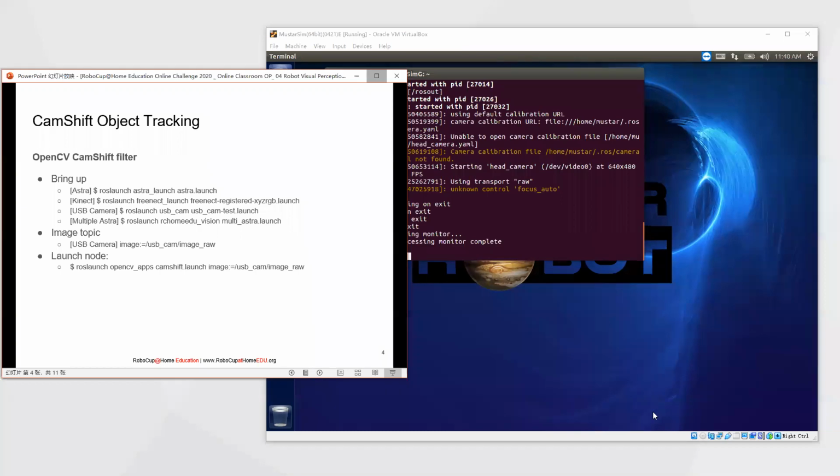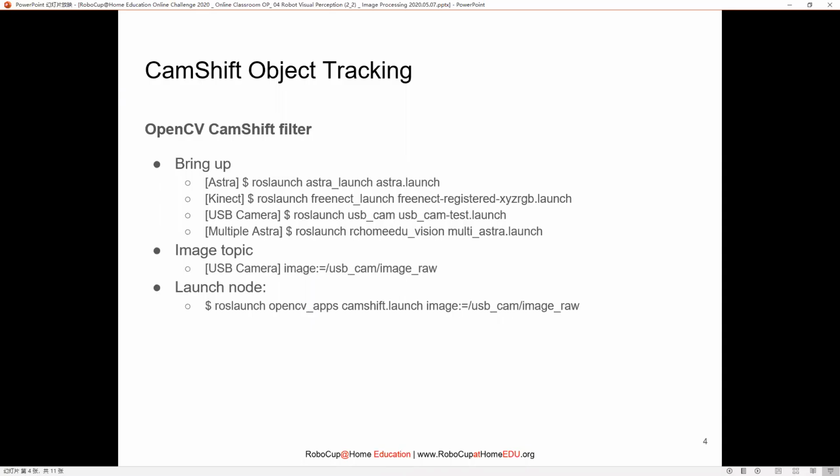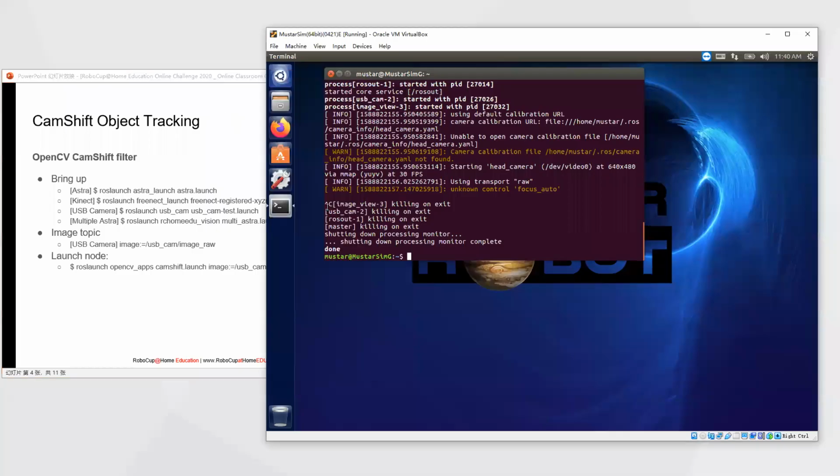I want to show you what we can do with this CamShift example, because this example is taken from OpenCV apps. But as a robot developer, what we can leverage without even changing any of this code, we can actually develop something meaningful for our service robot. So let me show you how to do it. I need collaboration with David now, so we'll do it at the same time. David, can you show us the CamShift